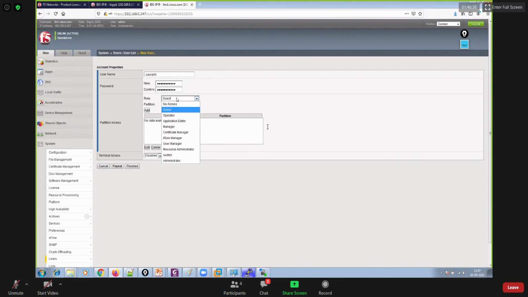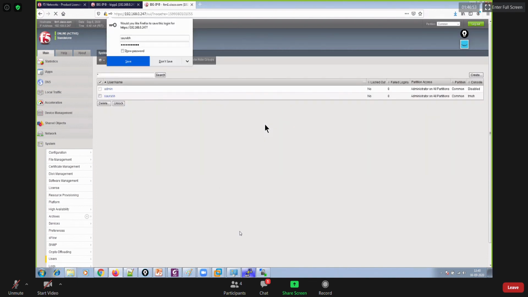I want to provide administrator access to this user, thereafter terminal access, make it TMSH. Click finished. This is how you created this user ID and password.